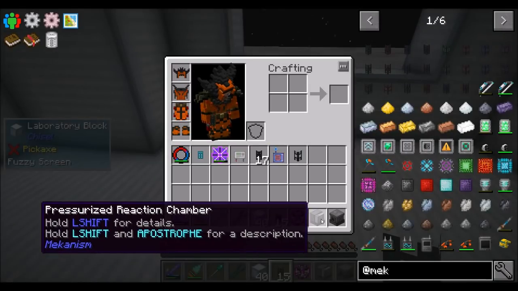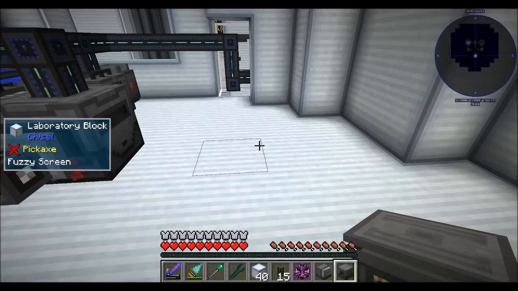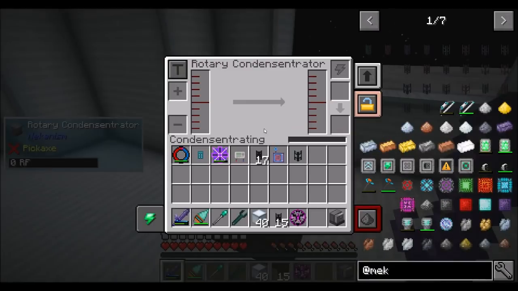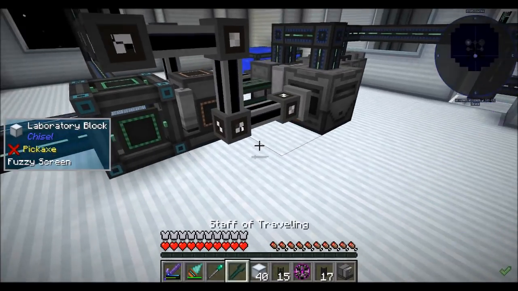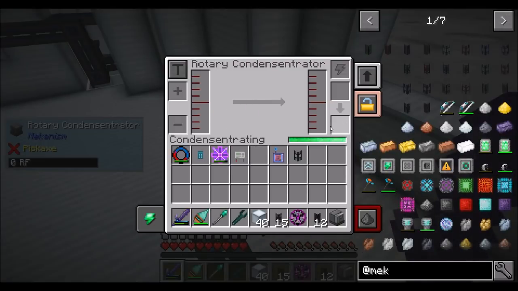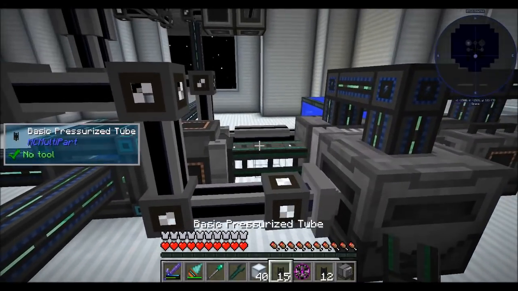So basically, first off, we want the rotary condensentrator. Let's get that going. And then what we'll probably do... So we'll get the rotary condensentrator. Condensentrating, that's what we want. Sure. Elite universal cables. Let's get you running to here. So that should give you power. And then for the gas line,